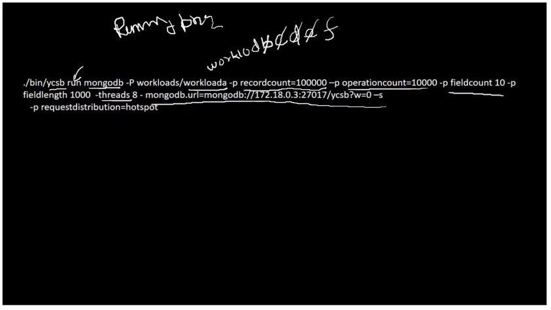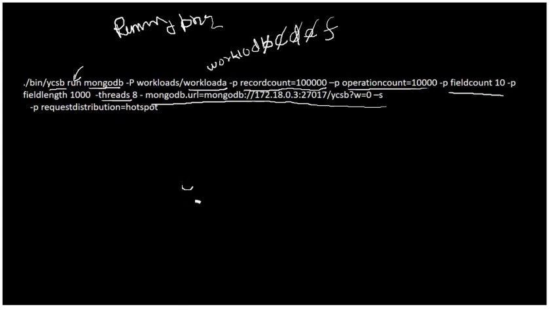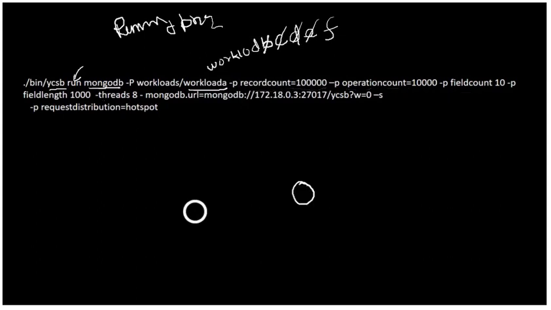This is YCSB, and this is MongoDB, or any other database. We are benchmarking MongoDB, or measuring the performance of MongoDB. So we need the IP of the machine where the MongoDB server is running.